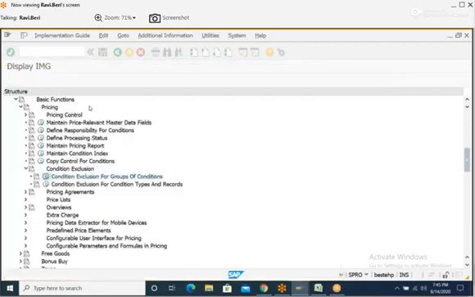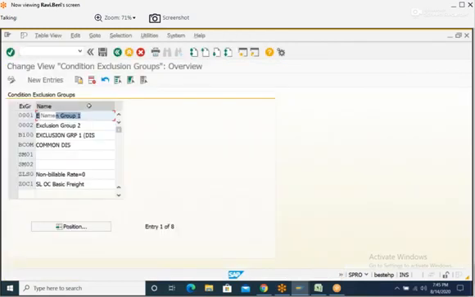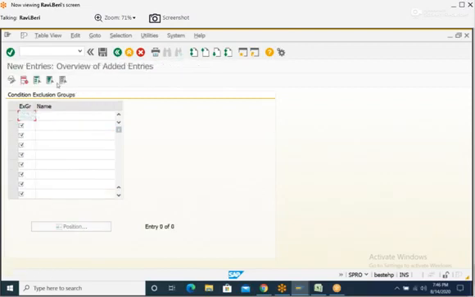Define condition exclusion groups. Go to new entries. We already defined B100, define one more group. Go to new entries, mention B200, exclusion group to discount something.